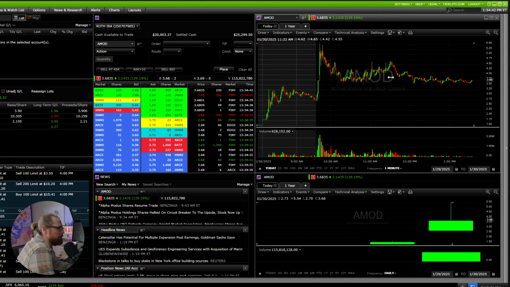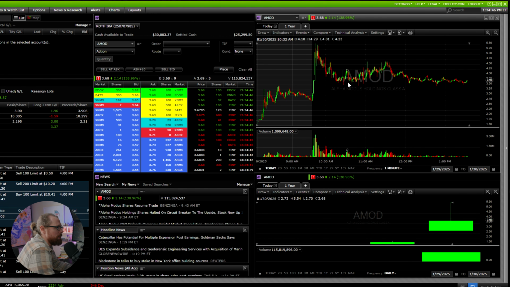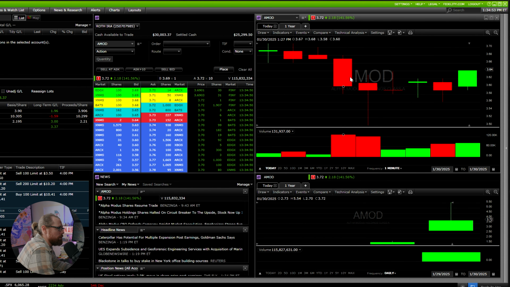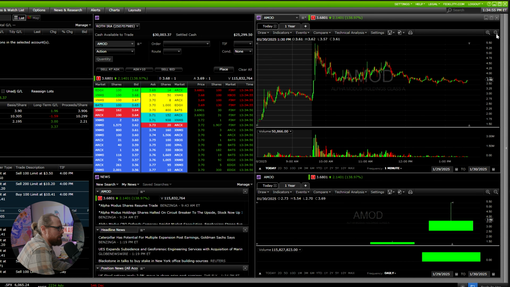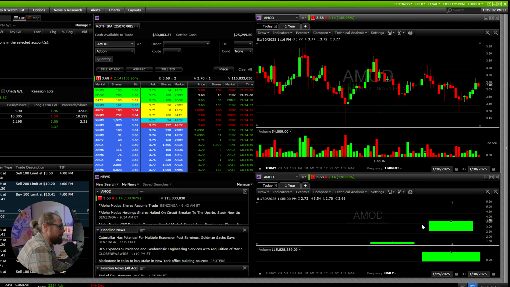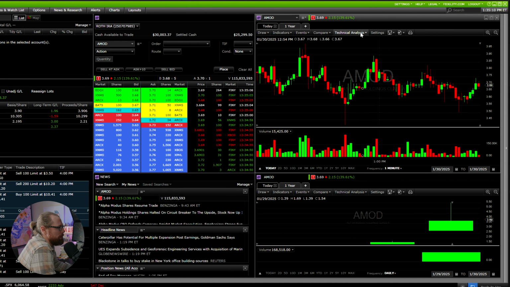You can grab on it, which is good, but the scrolling doesn't work, at least not intuitively. There may be a way to get it to work. You can punch in like this with the zoom in, but that's different, and that takes longer to do. So I would say the charts are a bit dated in comparison to what most other platforms are currently offering. Their news feed, and I'm not sure if there's really much else to cover on the